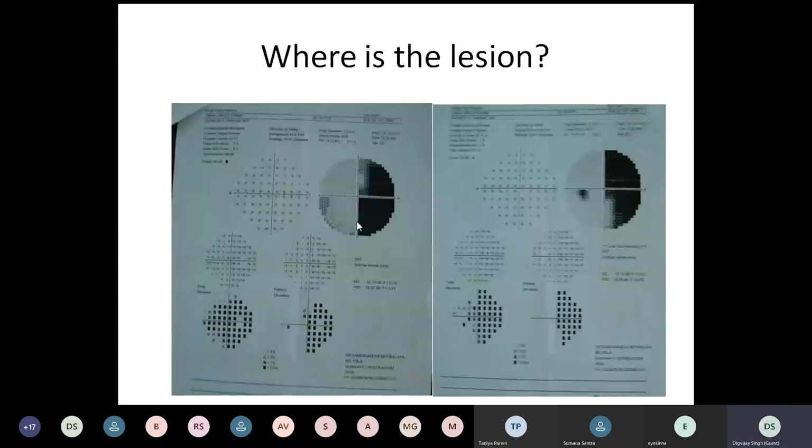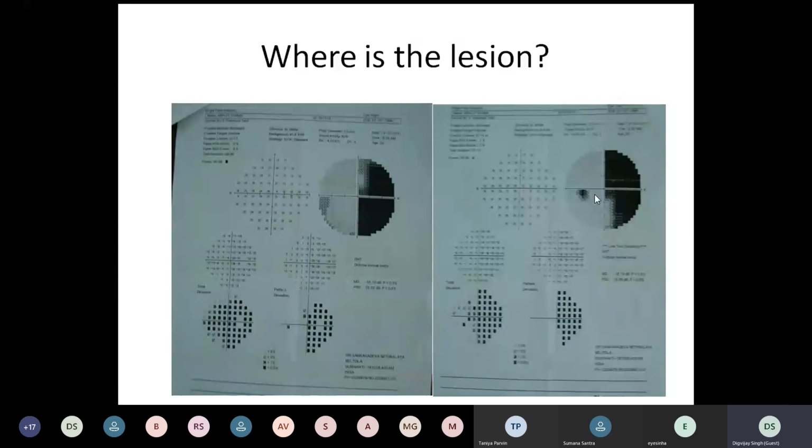And you can see that on the grayscale plot or on the pattern standard deviation plot, there is a loss in the right temporal region, and in the left eye there is a loss in the left nasal area. So there is a right temporal and left nasal loss. Another thing I want you to note is that these are not congruous fields. You can see that the field effect in the right eye is a little different looking than the left eye. In the left eye, the bottom area doesn't seem to show a defect in the nasal area. In the right top superior temporal, there is a difference. So that means these are incongruous fields. These fields are not exactly matching each other.